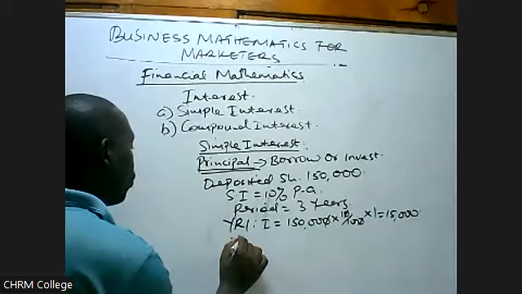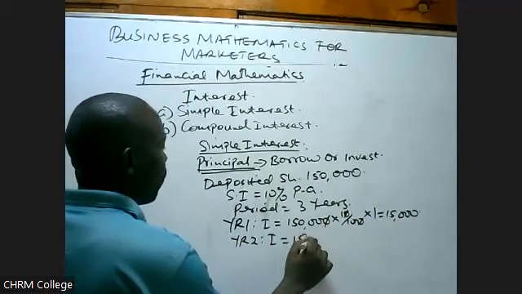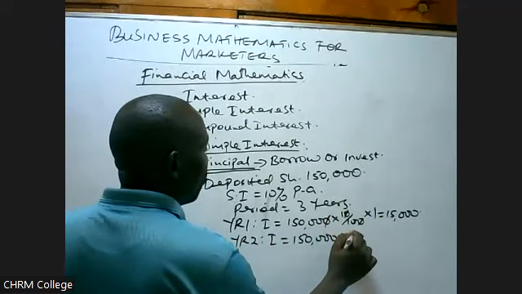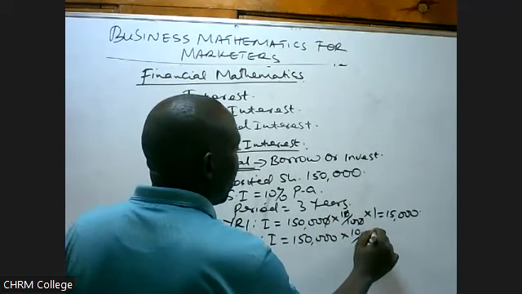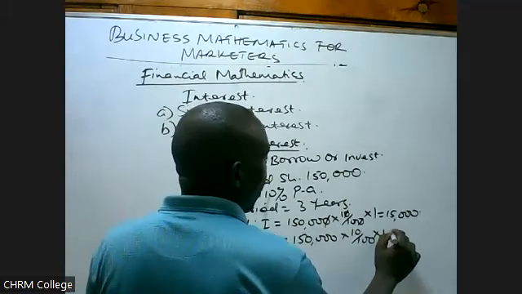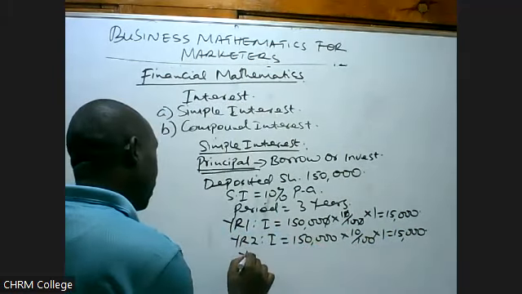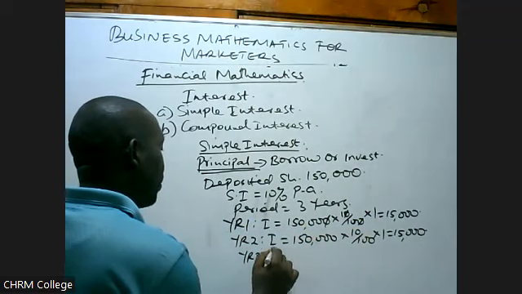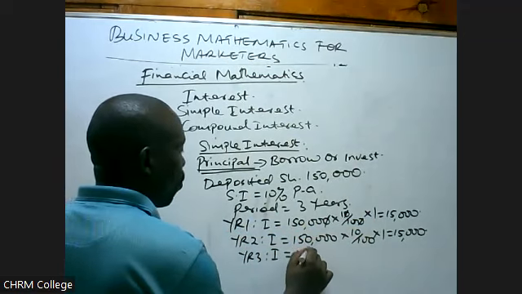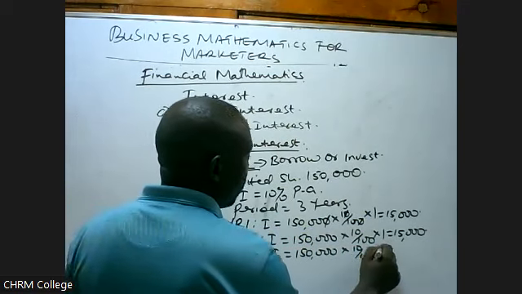We go to year two. The interest will simply be 150,000 times 10 over 100 times another 1 year, which will give you another 15,000. In year three, the interest will still be the same, 150,000 times 10% times another 1 year,